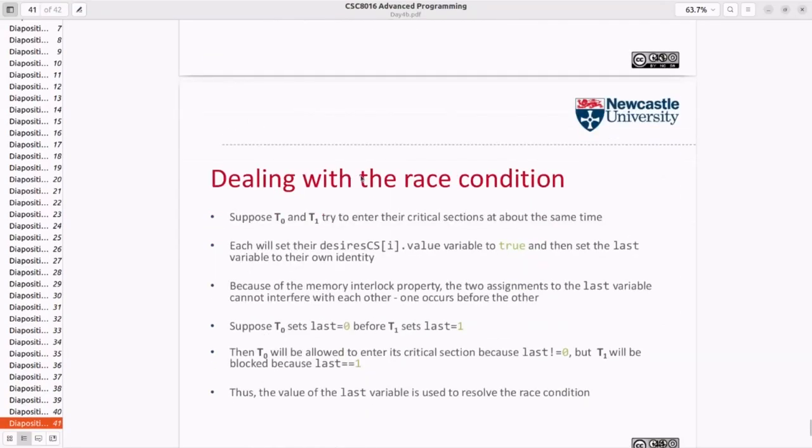Here, suppose that T1 and T2 are trying to enter the critical section at the same time. Everyone will have their own variable set to true. Then it will depend on who sets the last operation last, to know who wants to enter the critical section last. And given that we're assuming interlock, so we always have volatile variables, we always see the last value, and we know that we cannot interfere with each other. So definitely, this is the thing that was